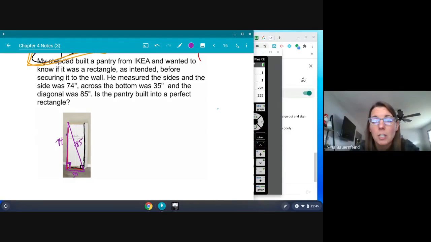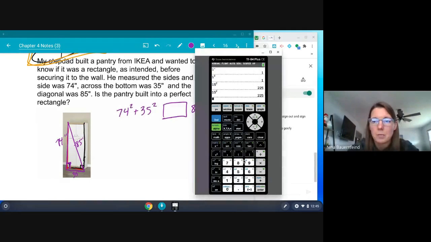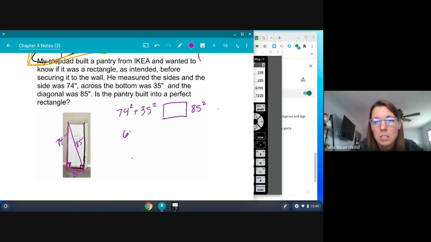But what we could have done is checked if 74 squared plus 35 squared actually equals 85 squared, then that means we were solid, we were okay to go. So we can type this in here, 74 squared plus 35 squared is this much, and then 85 squared. Ooh, not. So 6701,